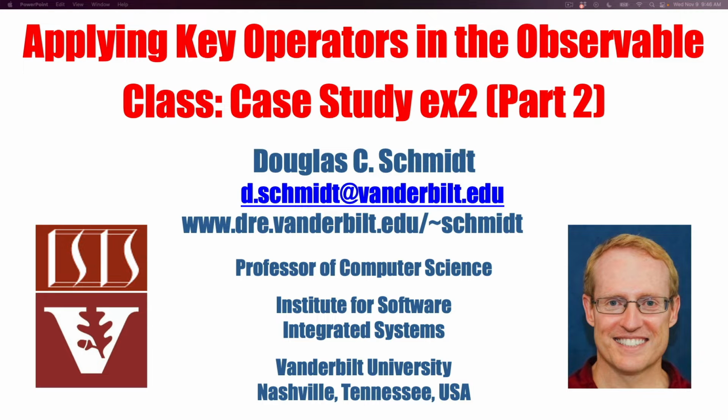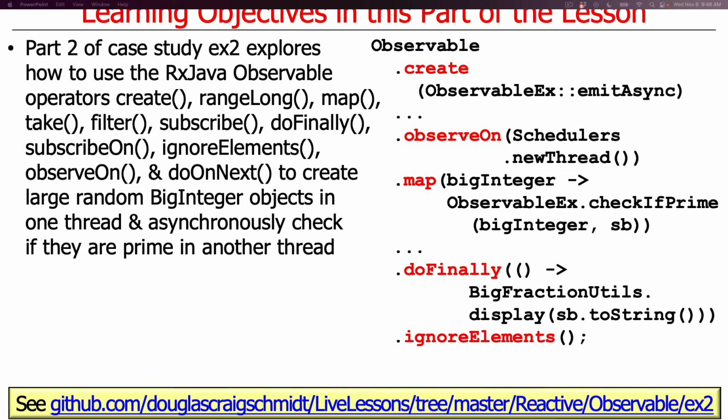So now that we talked about the first part of our ex2 case study, let's talk about part 2. This is going to demonstrate a whole other slew of methods from the ex2 observable class in order to be able to create large random big integer objects in one thread and then asynchronously check to see if they're prime in another thread. Before, we checked them all in the background thread from the computation scheduler that was running the interval time mechanism, and this time we're going to have them created in one thread and then processed